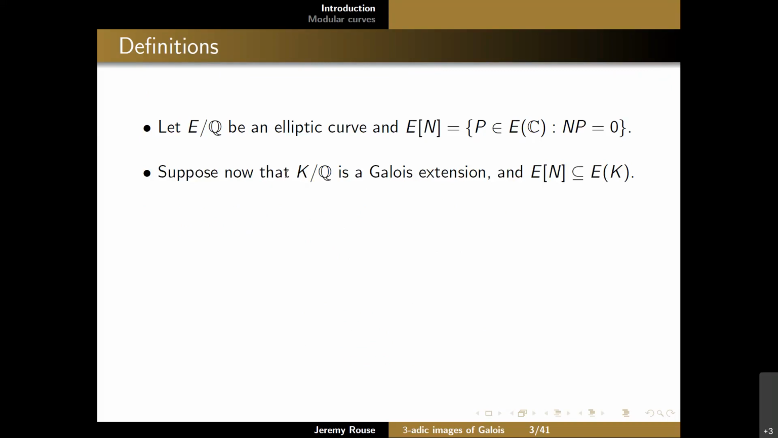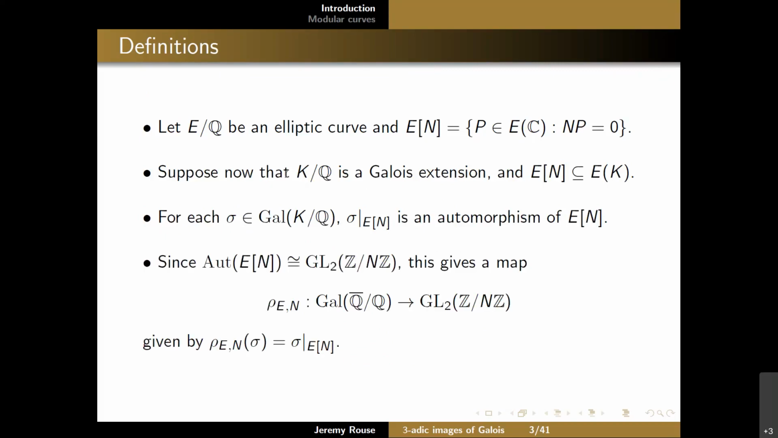If K over Q is a Galois extension and the n-torsion points on E are contained in the K-points of E, then for every sigma in the Galois group of K over Q, when you restrict sigma to the n-torsion points of E, this gives you an automorphism of E[n]. E[n] as an abelian group is isomorphic to (Z/nZ) squared, and since the automorphism group of E[n] is isomorphic to GL2(Z/nZ), this gives you a map, the mod n Galois representation, from the Galois group of Q-bar over Q to GL2(Z/nZ), given by taking an automorphism and just restricting it to the action on